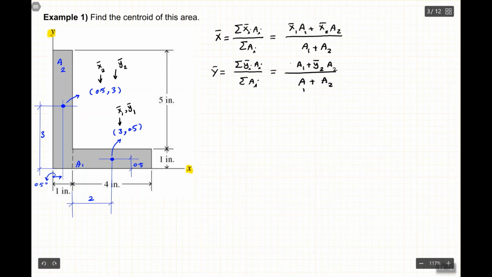So this is y bar 1. All right, so we have all the numbers that we want. We just need to plug and play, right? Let's plug and chuck. So A1, A2, what is A1? A1 is 4 multiplied by 1, or simply let's just write 4